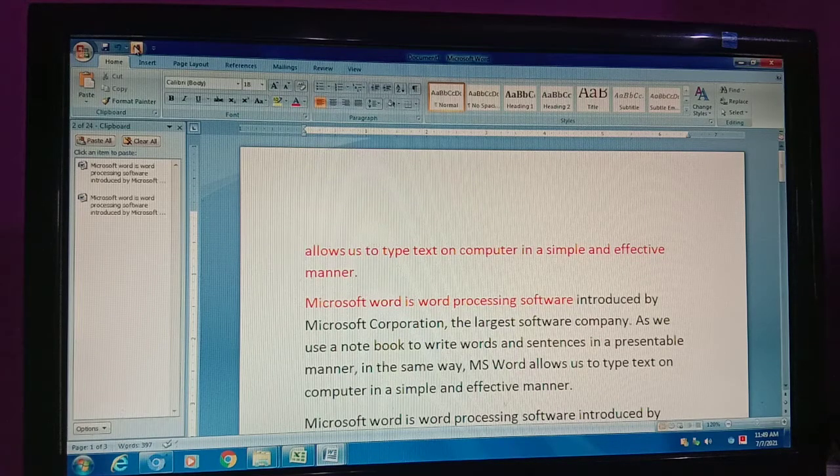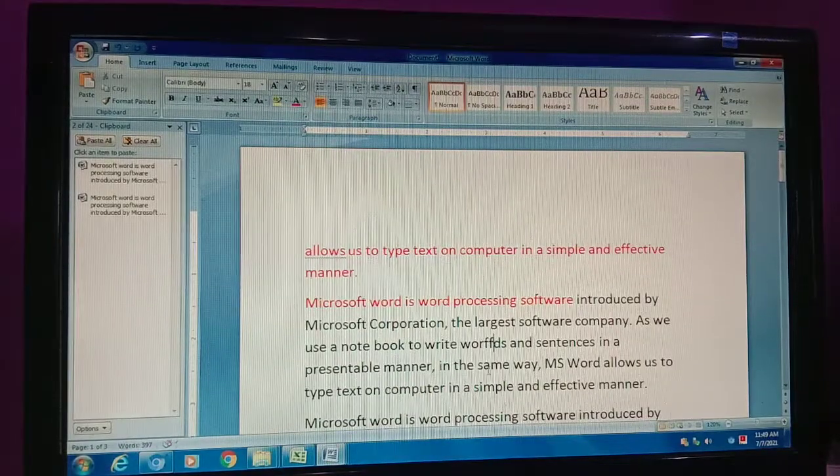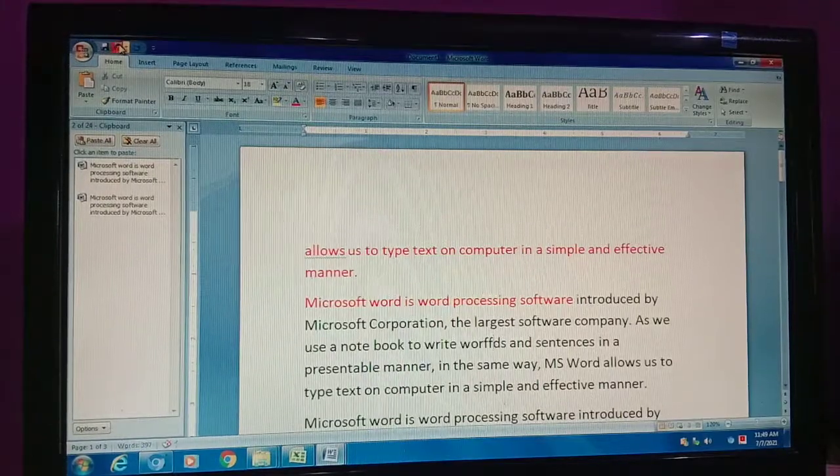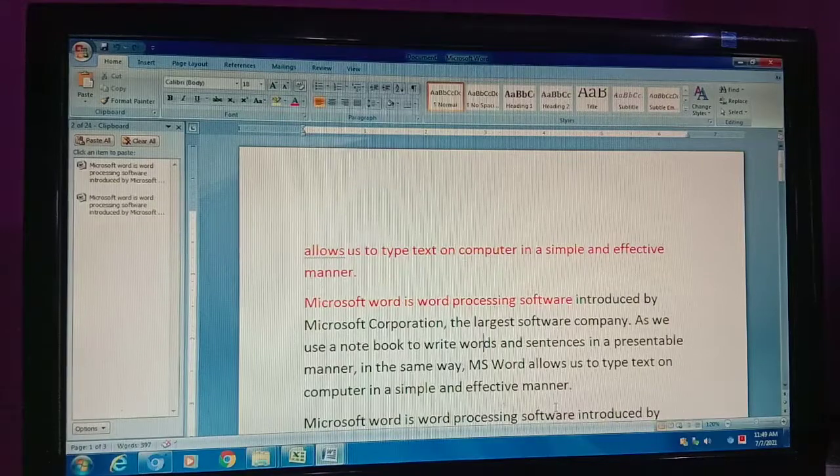It means, for example, I am typing something and accidentally I press something. I feel it but I am not able to find it. So what will I do? I will do undo. See, my word is corrected. So my action will be reversed. My recent action will be reversed with the help of the undo feature. Okay. So these are the buttons.